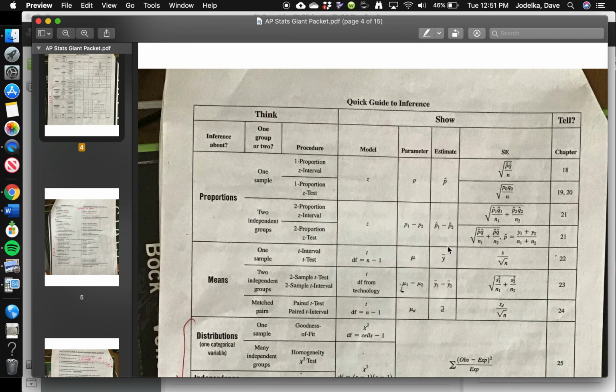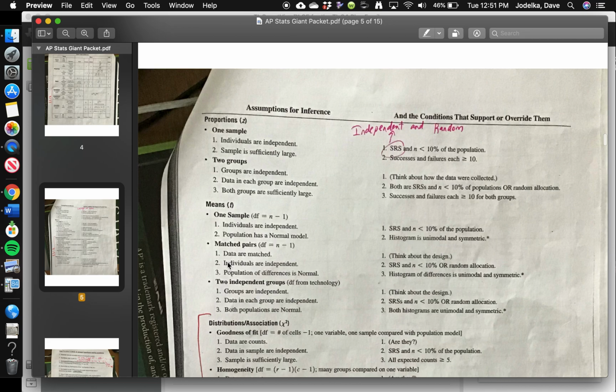So again, the difference is a sample is a small chunk of your population. Population uses parameter. Test statistic, they're writing estimate here. Test stat is from a sample. And these are the standard errors, which are the standard deviations of your sample. Now again, a lot of this formula heavy stuff, all taken care of by the calculator. What this page reminds you of are those assumptions and conditions. So if you've forgotten what those are, you can always look back on this and say, okay,